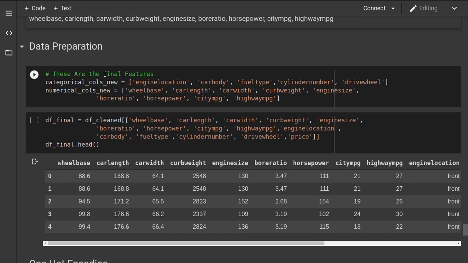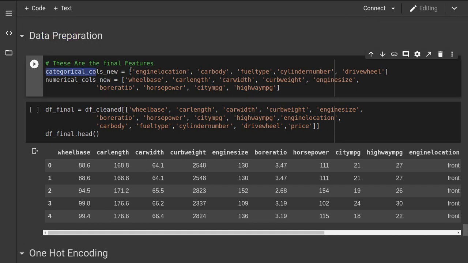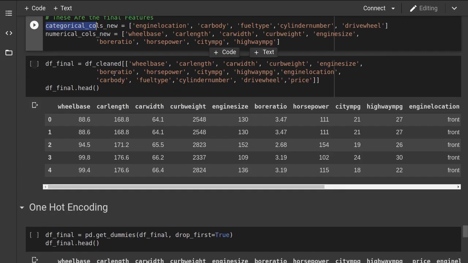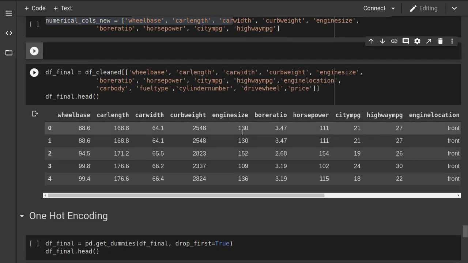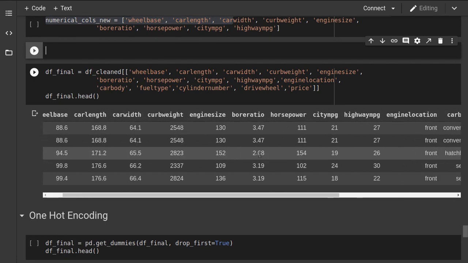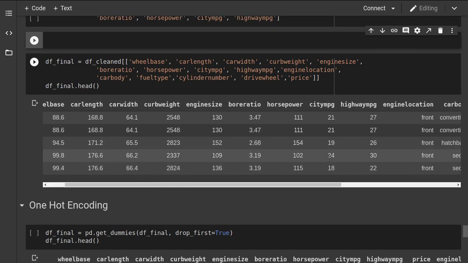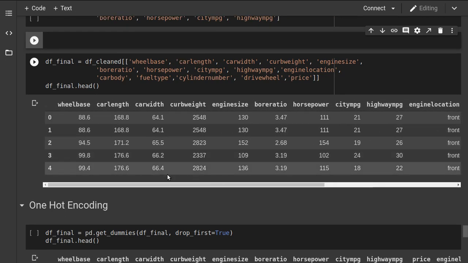Okay, then the next part is data preparation. I separated my categorical columns and numerical columns. I created a final data frame using these selected features. So this is how my data set looks. It still has some categorical values. We will deal with them in the next few minutes.